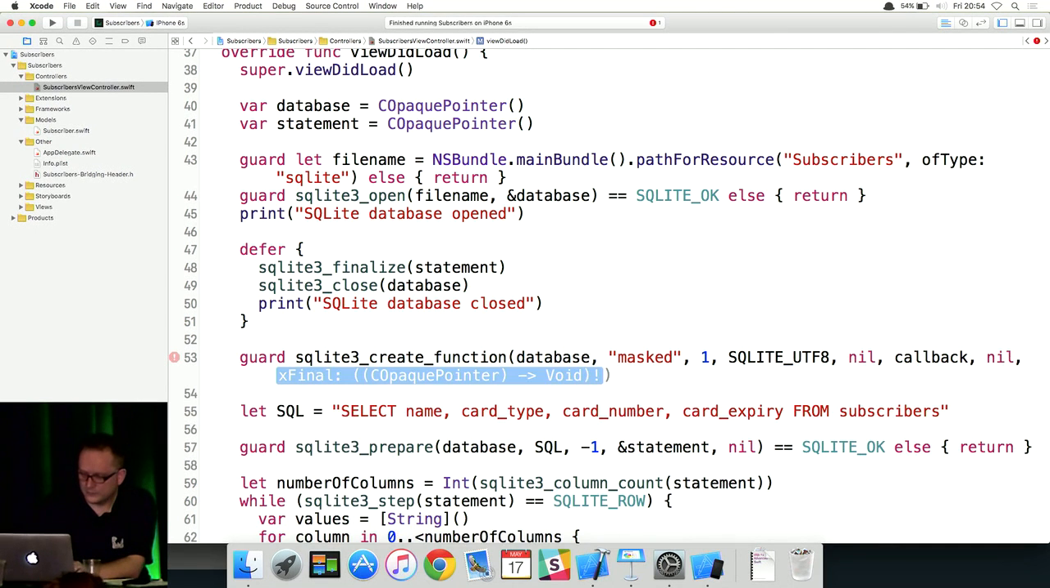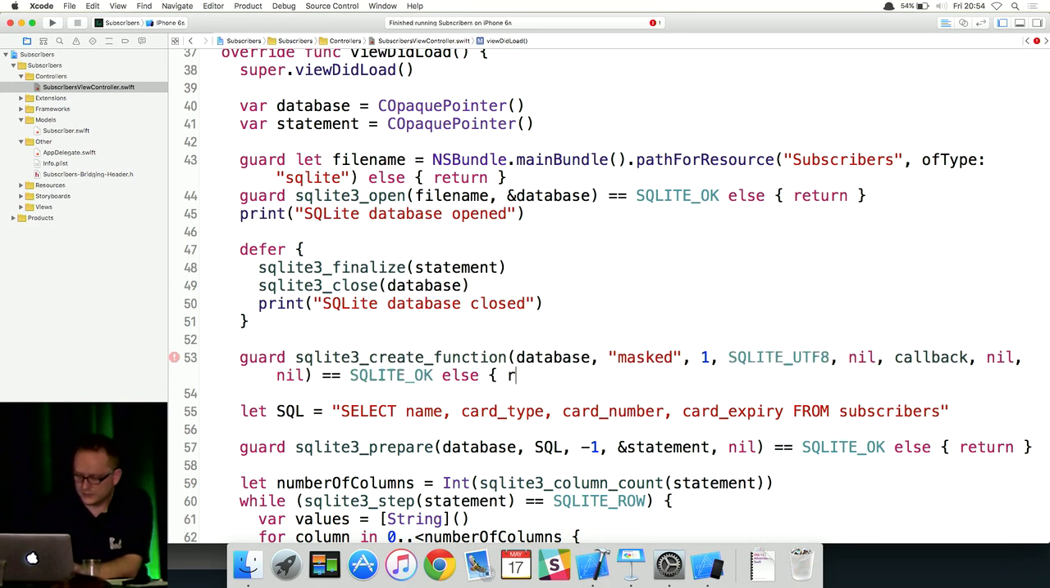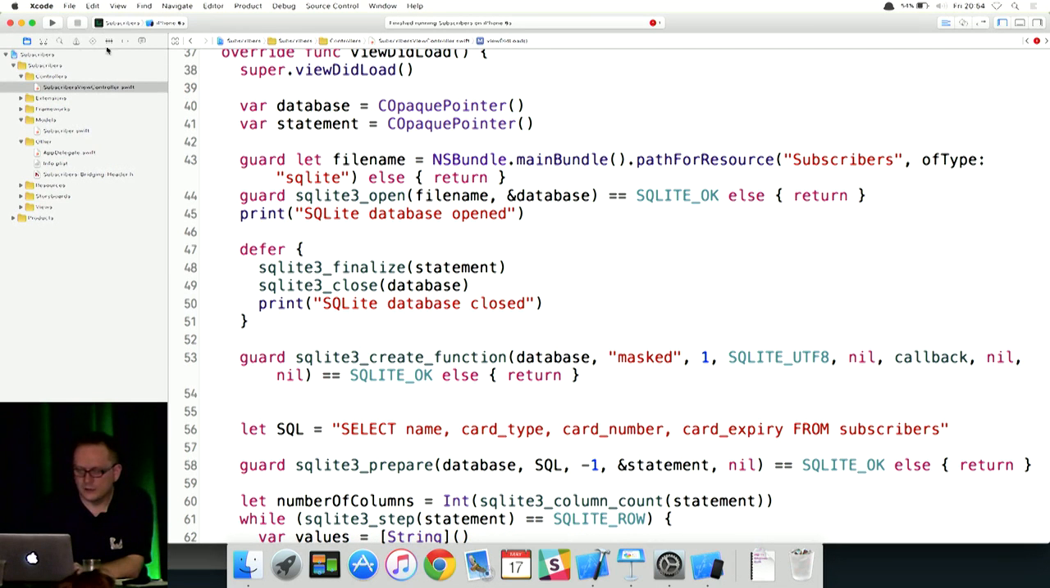And then we can pass nil for the final two, because that's for when we will be doing aggregate rather than scalar operations. And then we want to check that against SQLite OK again, and if that fails, then we're just going to return. So if we build and run now,